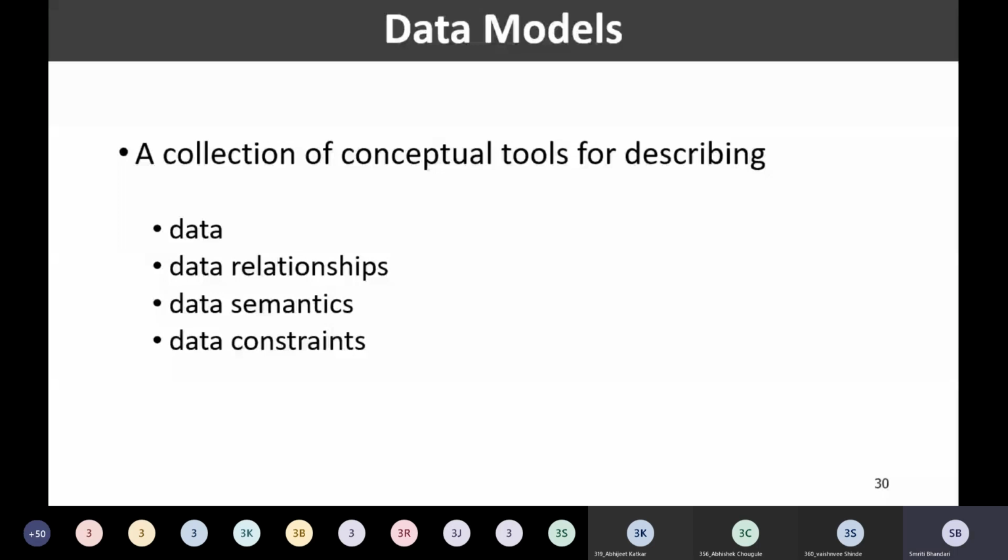A data model provides a way to describe the design of the database at all three levels: physical level, logical level, and view level.